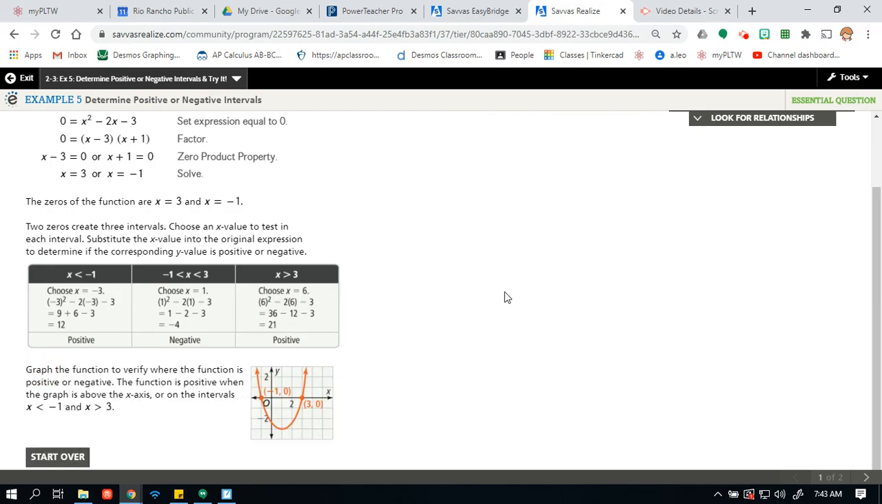All right, so here's the graph. And so we see that x is less than -1 and x is greater than 3 are the intervals at which